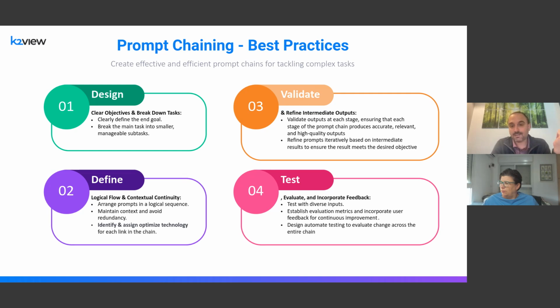Iris was mentioning an example of a chatbot. We don't really know what the customer is going to ask. So the more wide and diverse your test cases are, the higher the chance that your chain will produce the right answer. The other best practice around testing, and this is one that we highly recommend, is to invest